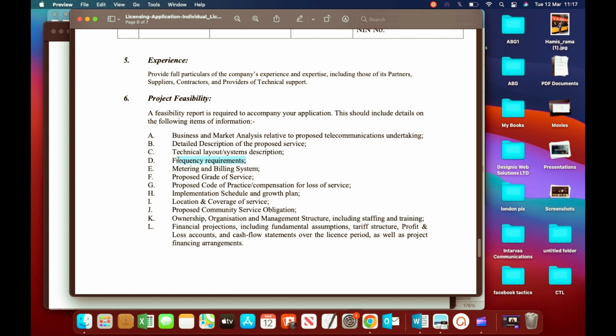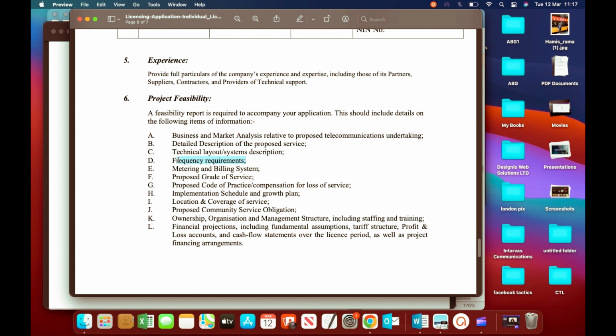If it's 90%, what is the compensation level if your service availability falls below the 90% you're already committed to for the customers? This is meant to protect subscribers, so that you don't just ride on them and provide services which are shambolic and unsteady, and at the end of the day they are not getting the value for the money they paid for. This is enforced and very much emphasized by the Consumer Protection Council as well as the NCC itself. You have to do that.